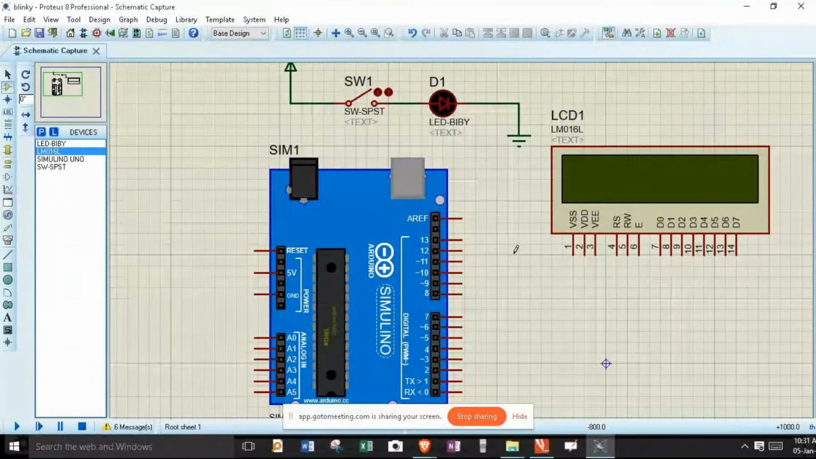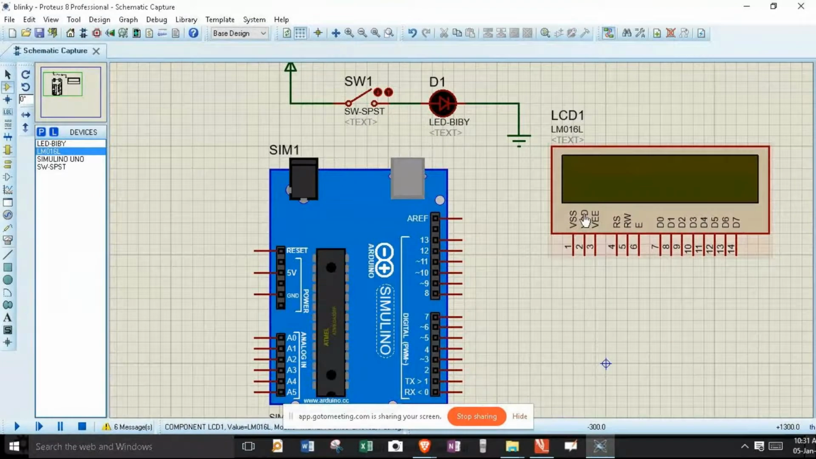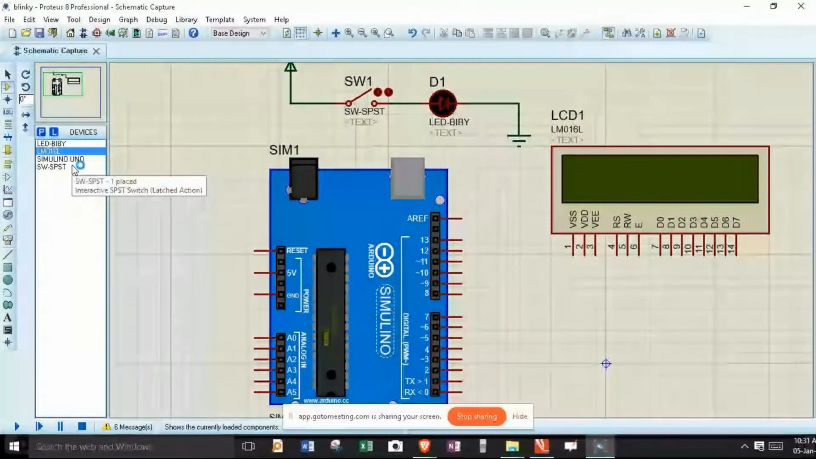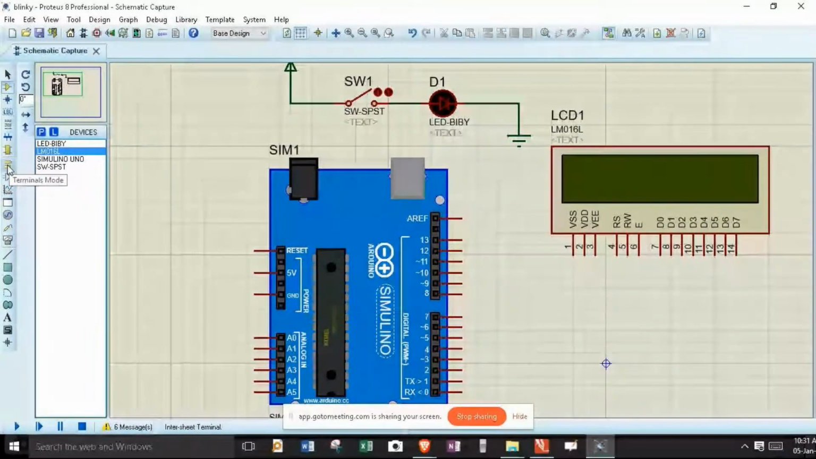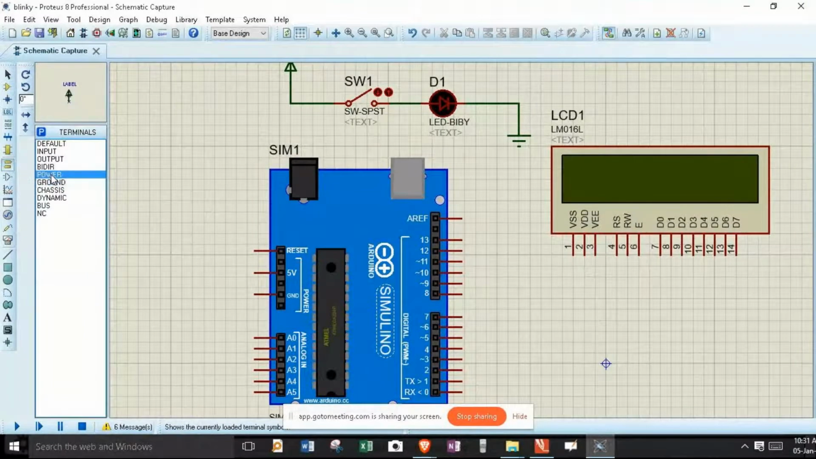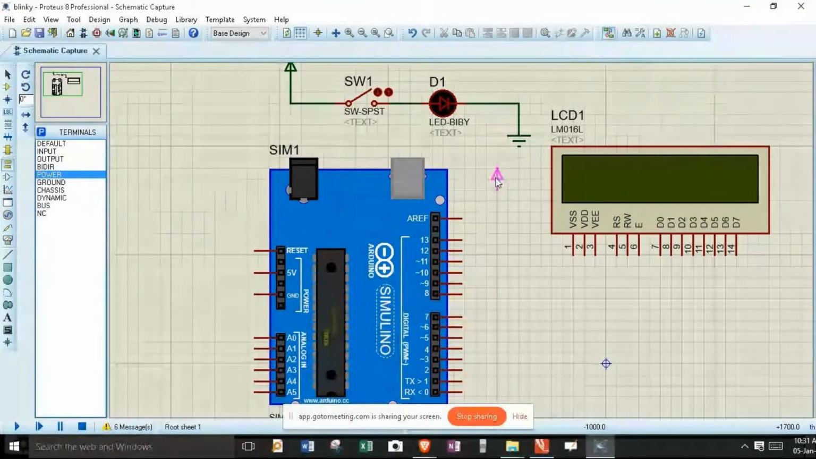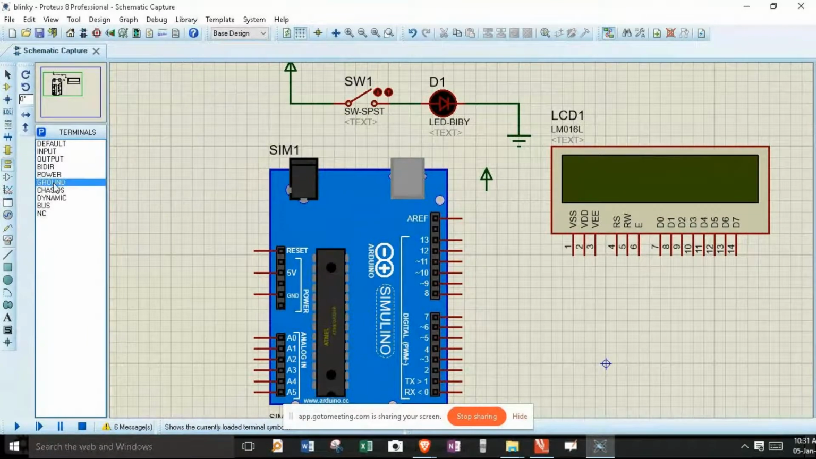What we are supposed to do is, in order to power up this LCD display, again we got to make use of power supply, which we can get in terminal mode. Go to terminal mode, hit on power, as well as select ground